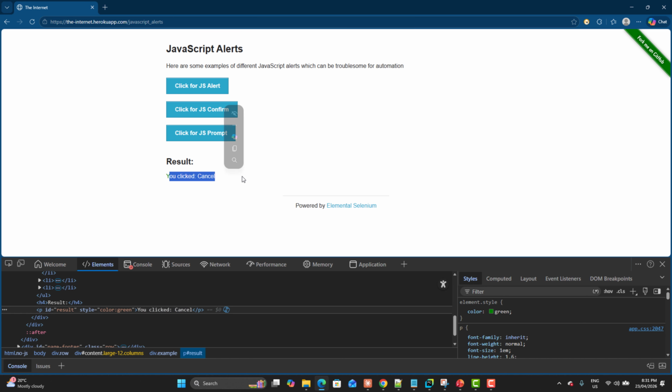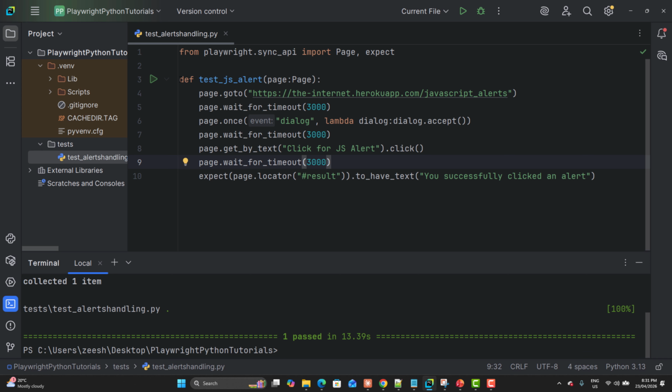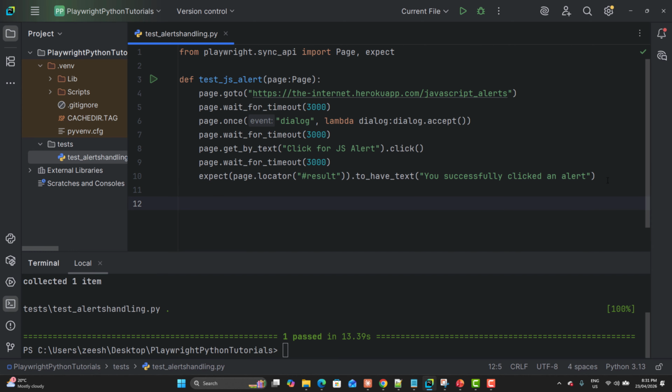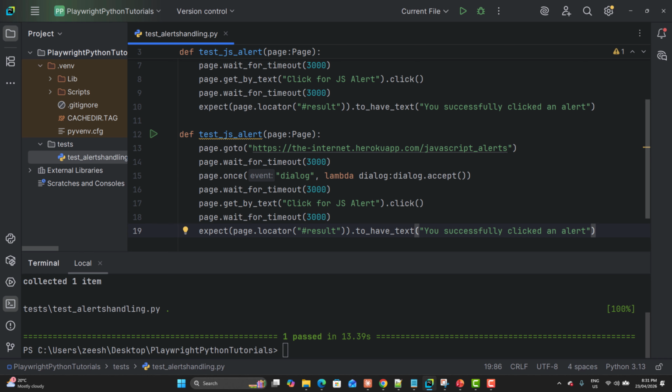So you click on cancel, and go back here, let me copy this complete function from here and paste it over here, and let me change the name to test_js_confirmation_cancel,